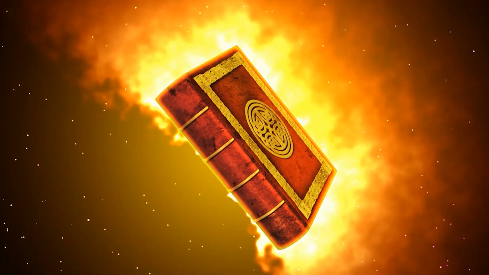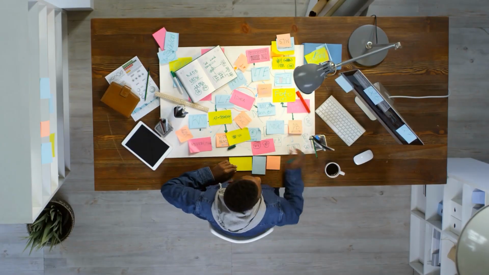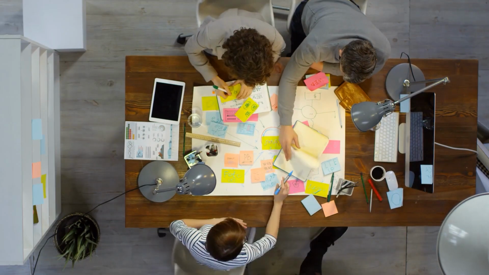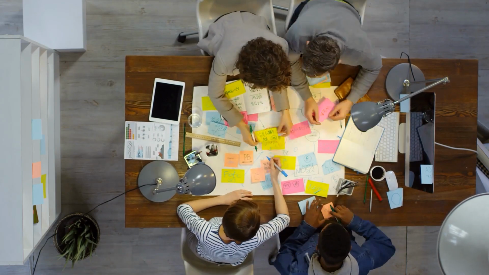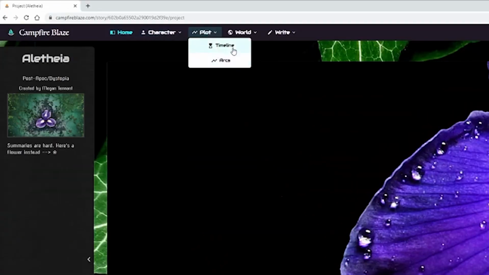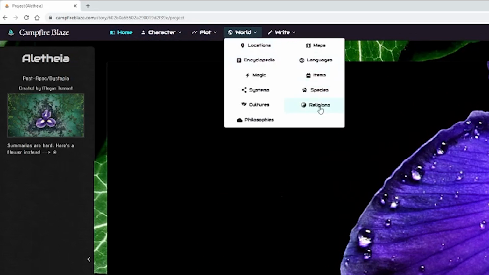So, is Blaze the miracle solution for you? Hell if I know. Writing isn't a one-size-fits-all process, and a tool that works well for one writer might not work well for another. That's why this isn't a review, it's a demo. Whether you already have Blaze and want an overview, or whether you want to know if this could be the golden solution for you as a writer, I'm going to cover all of the features of this tool to help